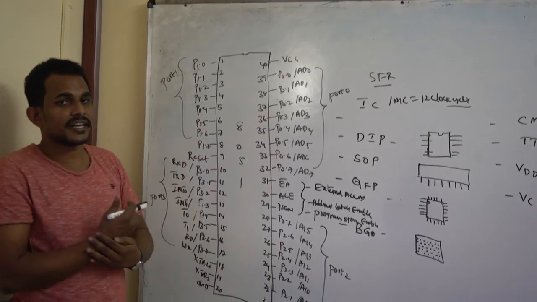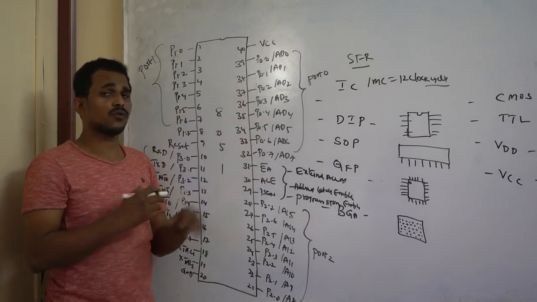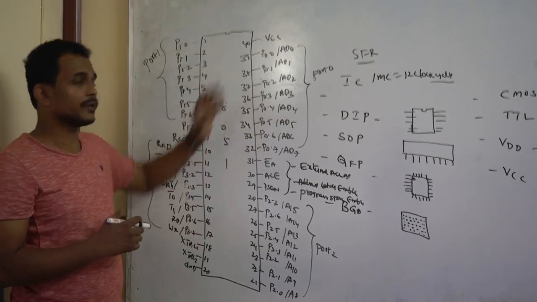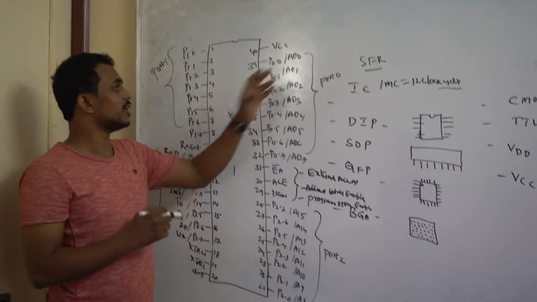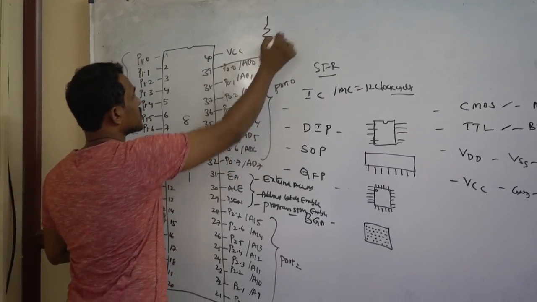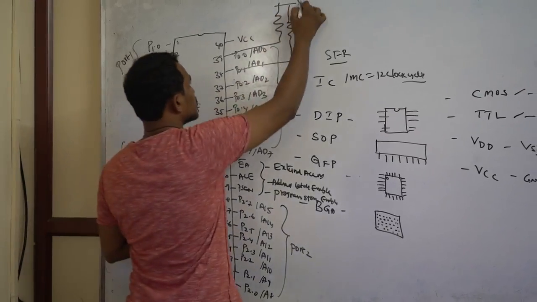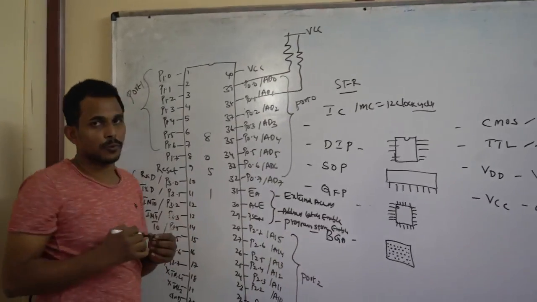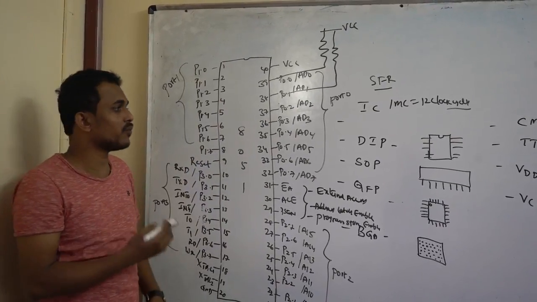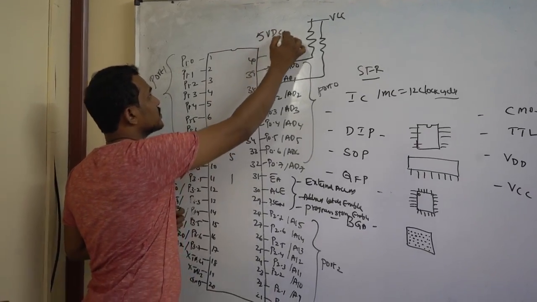And here this is open drain. Generally, open drain means the pins do not perform their logic by sourcing whatever logic comes from the program. Whenever you want to make those pins normal pins, you need an external pull-up resistance. Like this, every IO pin of port 0 needs an external pull-up resistance to work as a normal IO pin. And the 40th pin is VCC, the power supply pin for your microcontroller, which is operated with 5 volts DC.